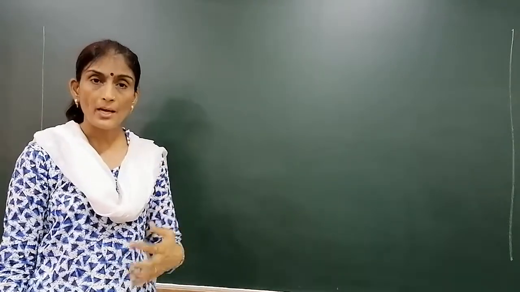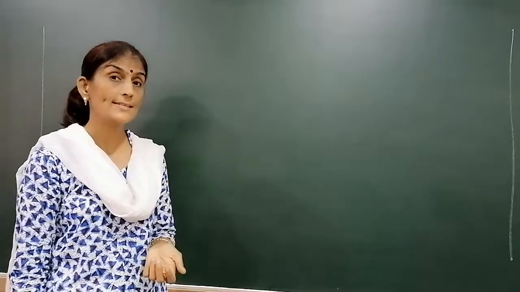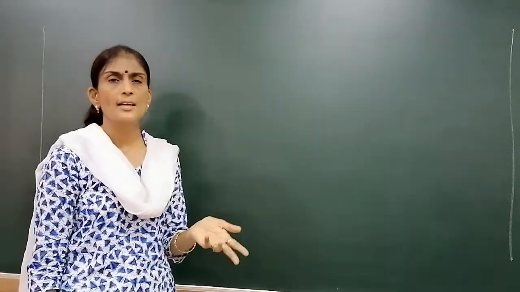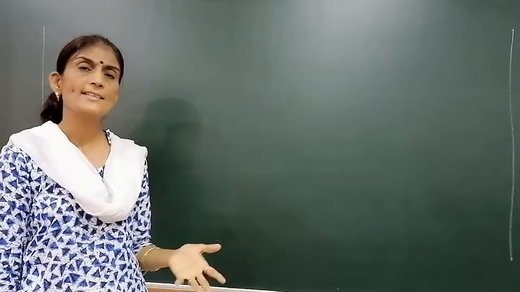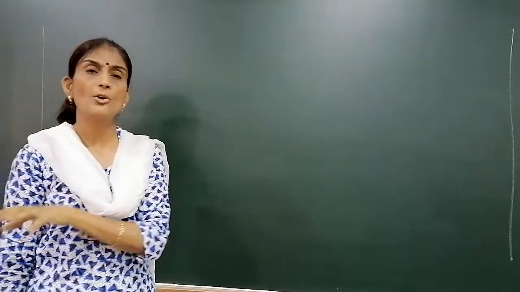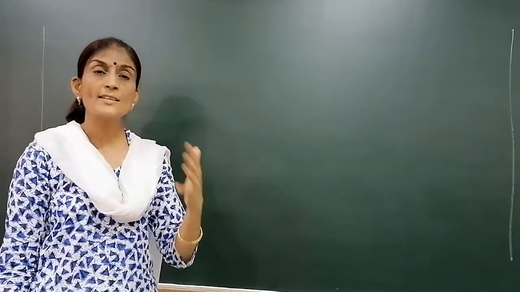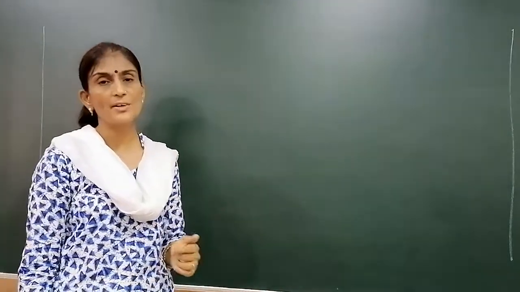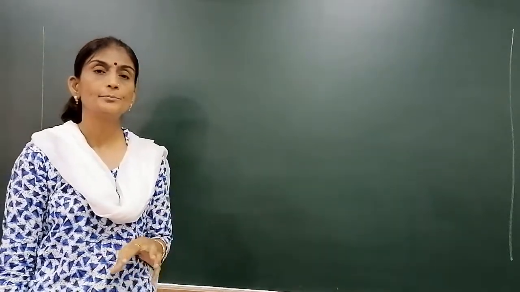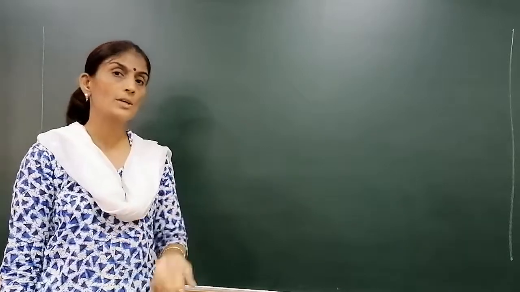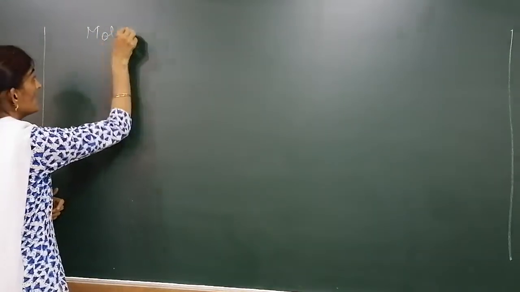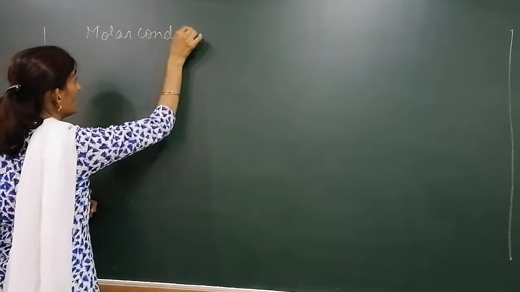So in order to compare the conductivities of different electrolytes, because different electrolyte ionizes more or less, somewhere there are more ions, somewhere there are less ions. Suppose we are preparing 2 mole solution, another solution is 1 molar or 1 normal, the number of ions, their charges, their size will differ, so conductance will differ. So in order to overcome this difficulty, they had given 2 more terms, and that is called molar conductivity. What is it? Molar conductivity.